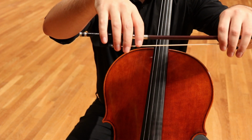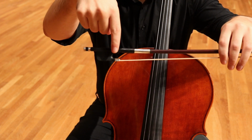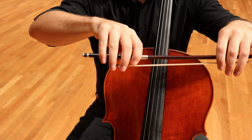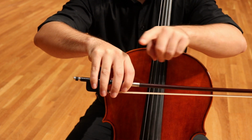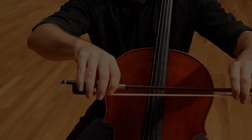And they're going to line up their ring finger over that ferrule, that little piece right by the frog, so that the fingertip is just overhanging that side. The second finger will be touching the bow hair. It's completely fine. And most importantly, we have a straight line from our knuckle going all the way back to our elbow. We're going to talk about straight lines and their importance in cello playing a little bit later in